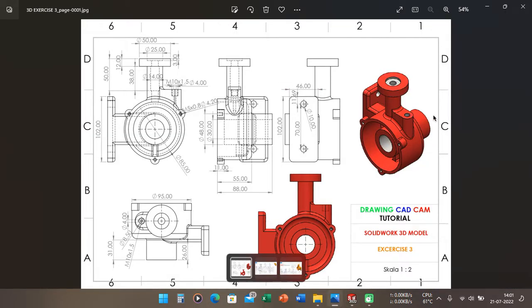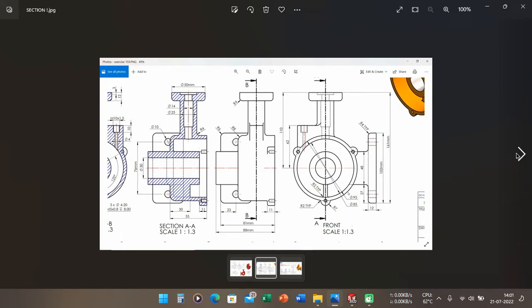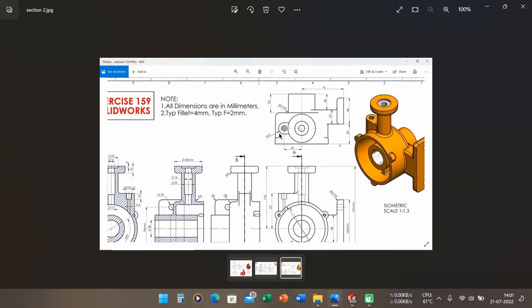After that, I want to make this last section here, and we can see again here the distance from the center point here until the top surface of the section is 62 millimeters, and we have the R here.